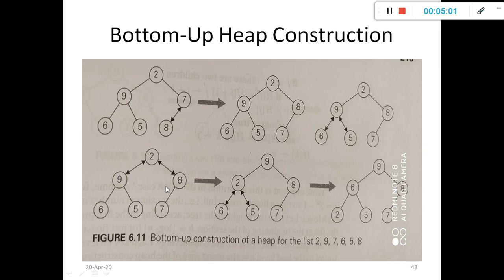Also here the child node is 8 and the parent node is 2. Then it does not follow the second condition. To follow the second condition, you have to exchange the values of 2 with the 9 as shown here. Then exchange the parent node 2 with the child node 9 as shown in this diagram, that is 2 and 9.